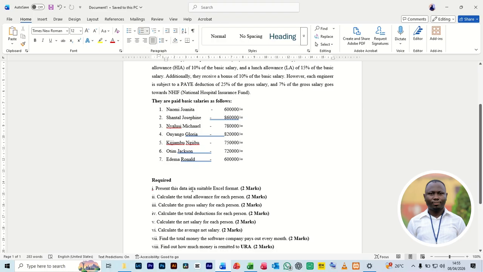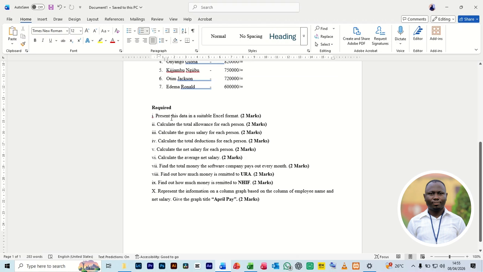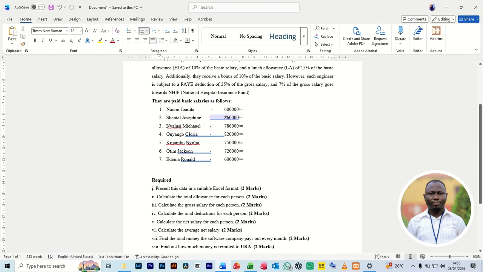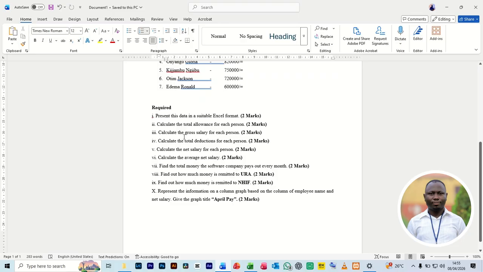They are telling us, the very first question is telling us to present this data in a suitable Excel format. Number 2, they are telling us to calculate the total allowance of each person. Then they are also telling us to calculate the gross salary of each person, calculate the total deduction of each person, calculate the net salary of each person, calculate the average net salary, find the total money the software company pays out every month,